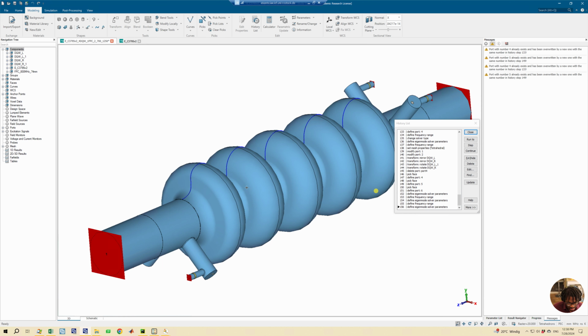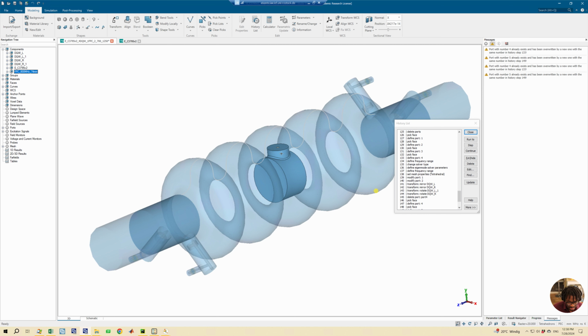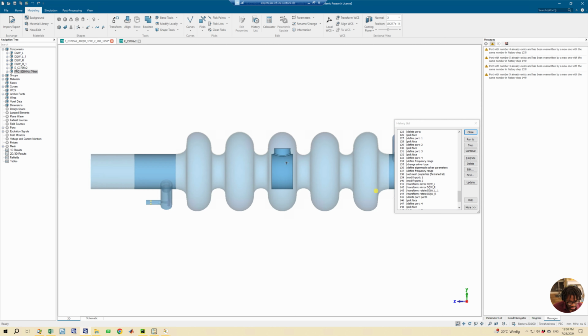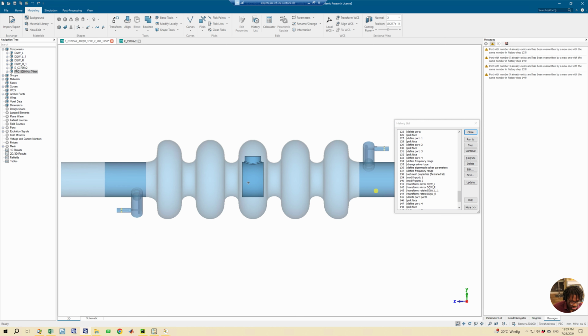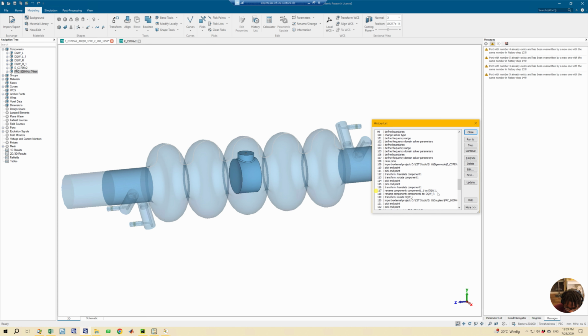For this model, I noticed something. This is the FPC. The name is not really important, but this is one of the parts that I imported. Supposedly I moved this at some point in the history, but then I changed this component because I was looking for a different radius of this FPC, so I deleted the old one. So I go to my history list and look at where specifically I imported the fundamental power coupler. If I run to this point,